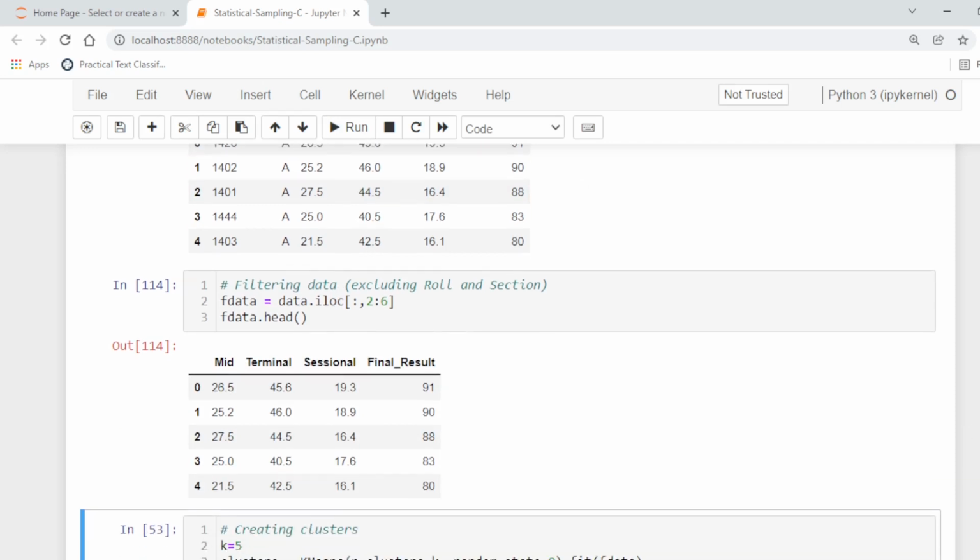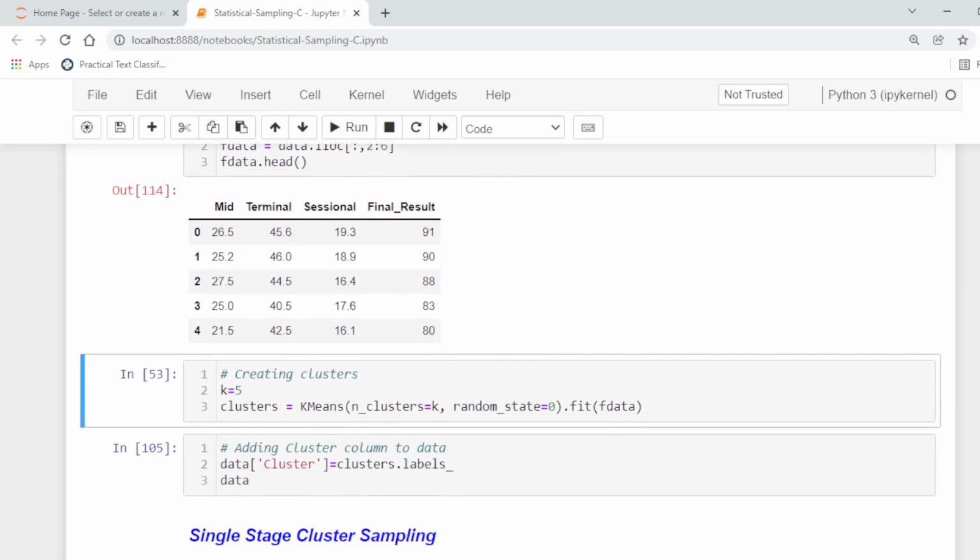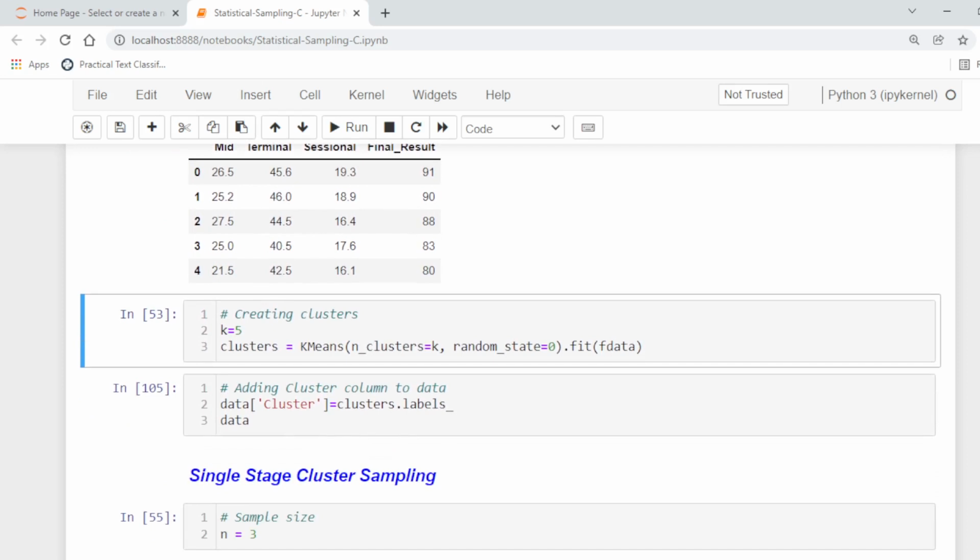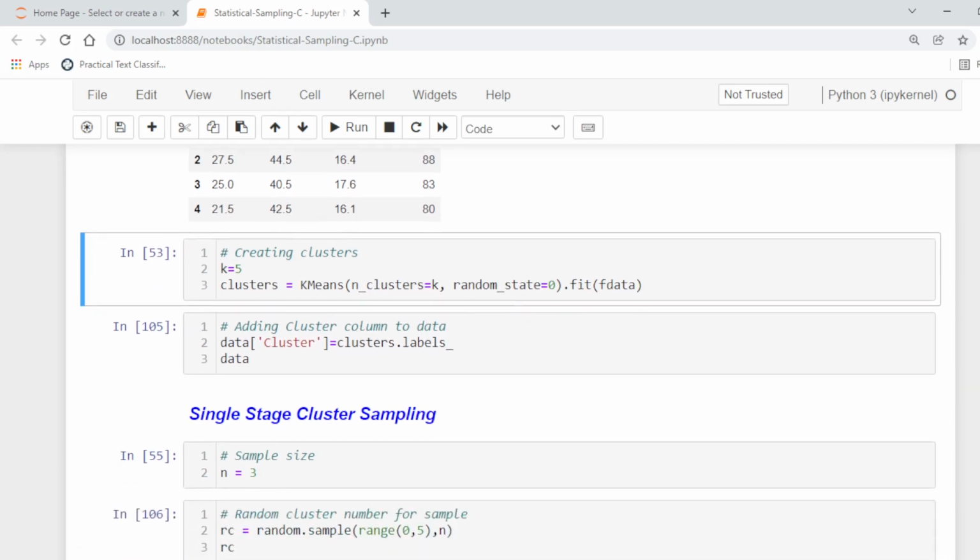Now the next step, we are going to create clusters using k-means. We are using the k-means algorithm, which is an unsupervised machine learning algorithm, for creating the clusters. So here we are creating 5 clusters.